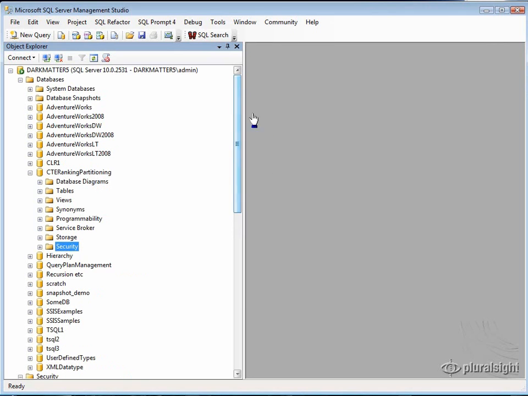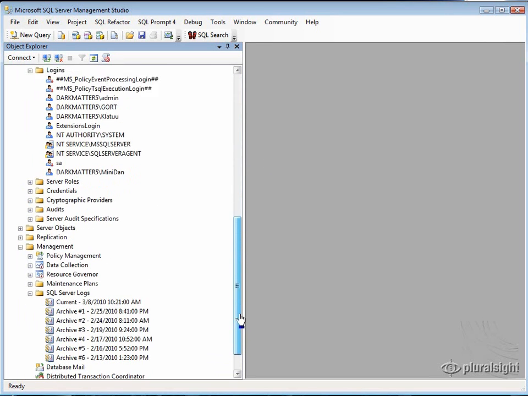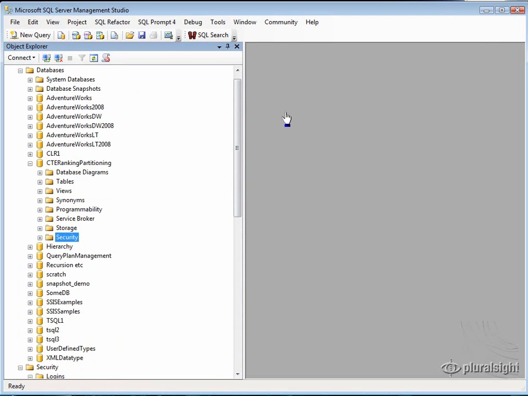So we've looked at the basics of the object browser in SQL Server Management Studio. You use it to browse the object model of a particular service you're interested in, and under the covers, SQL Server Management Studio uses SMO to implement that object model, and it allows you to drill through all the objects that are in that particular server. All of these folder or folder-like icons have properties associated with them that you can access with a right mouse click on the context menu, and many of them also allow you to create and drop various objects too. And we can also see all the security information, all the logging information, a very nice way to be able to easily